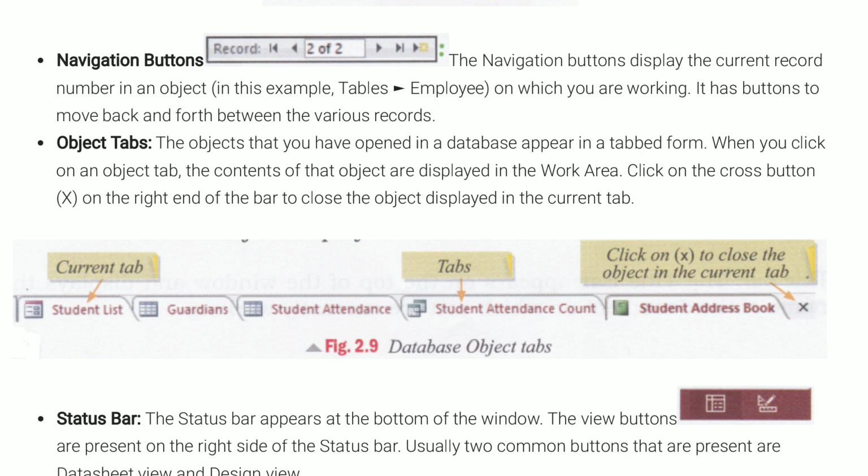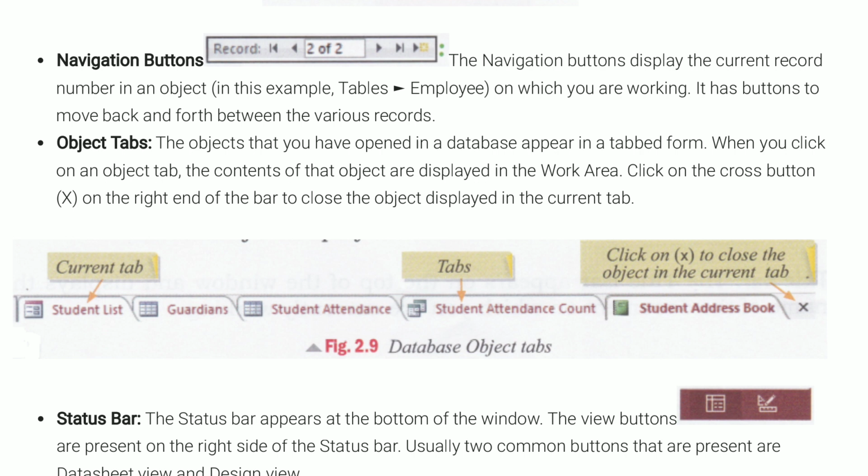Now the next component, as you can see on the screen, is object tabs. In this picture you can also see database object tabs. These object tabs are the objects that we have opened in a database, which appear in a tabbed form.